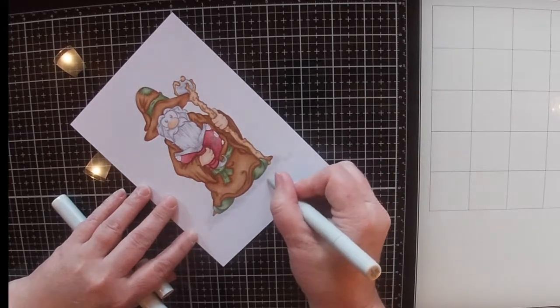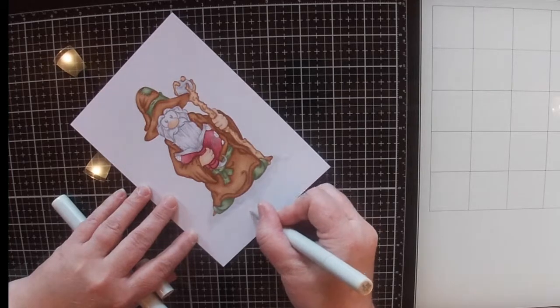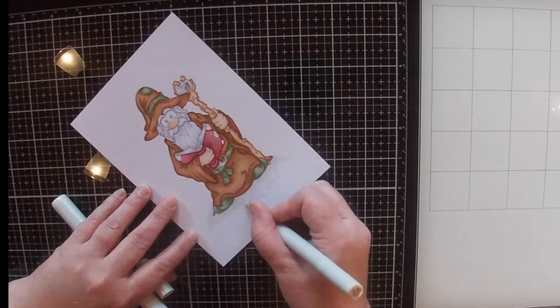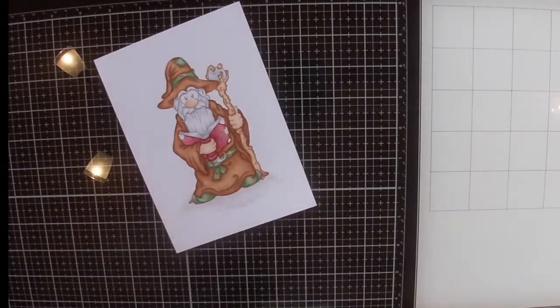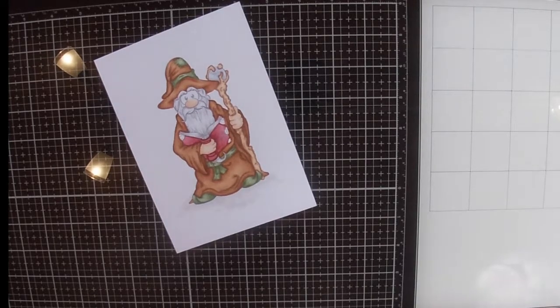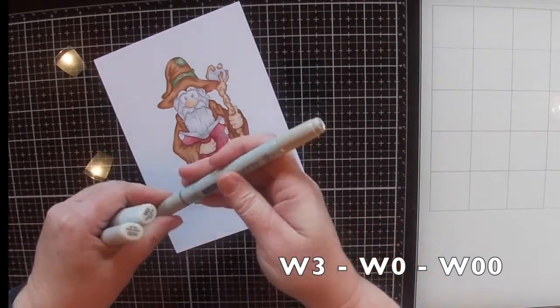You can always use cool, warm greys. If they're standing in water, obviously you can use your blues, your lighter blues really well. But I use a lot of the W's. I think they give really good grounding under images. And I just don't do the flicking. I do similar to how I did earlier with the globe. I do little tiny circles and then just go over them,